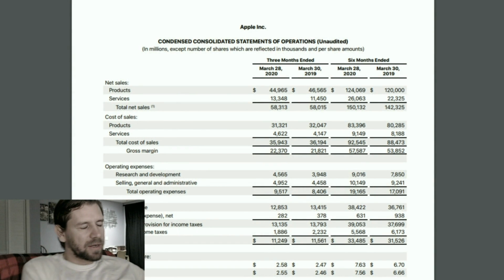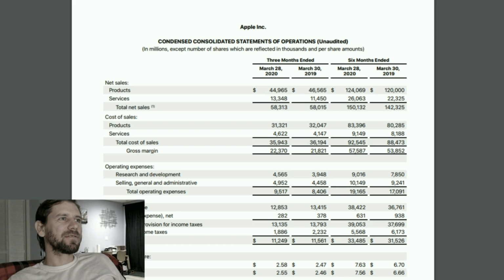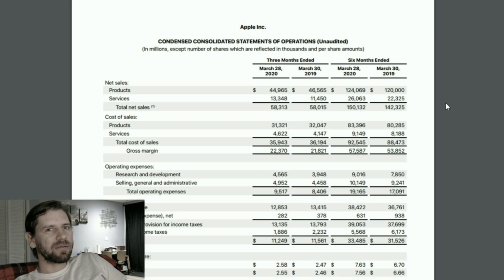And here it is. Now, it looks very daunting, right? Especially for someone who's never seen a balance sheet. Okay, look at it. It's scary. But don't be scared, okay? We're just gonna look through some relevant numbers here. Okay? So,